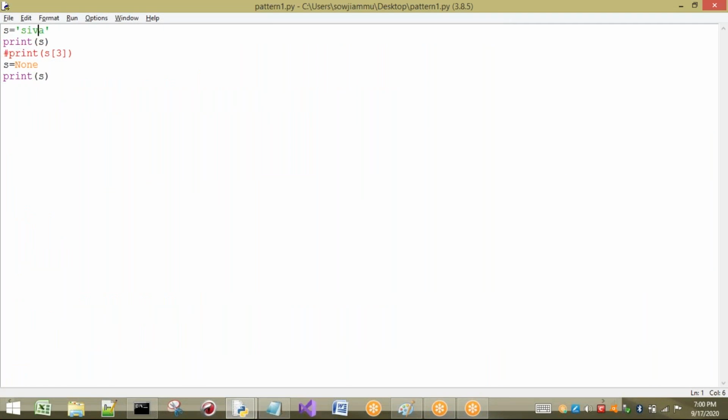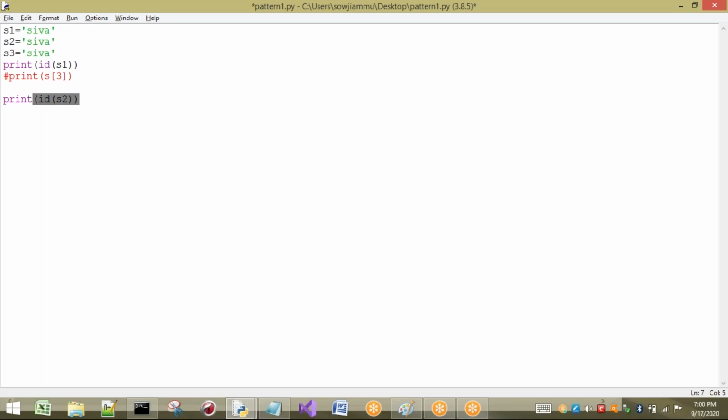Sir, if I am going to write s1, s2, some example, for s2 also I want to take Shiva. So what happens if I take the same string? If you take the same string, all will be pointing to the same object. So let us see whether it is pointing to the same or not. I want to see the ID of s1. First I will show you IDs: ID of s1, and ID of s2 and s3 also.